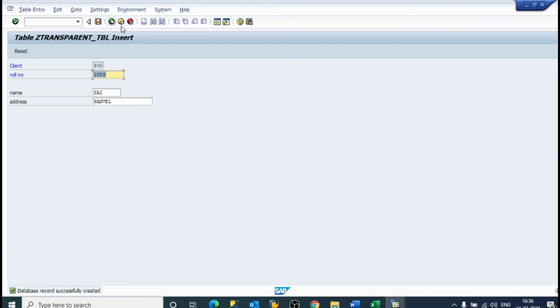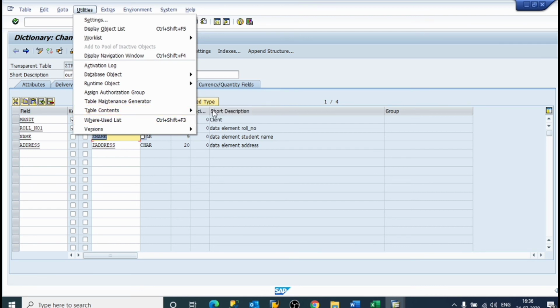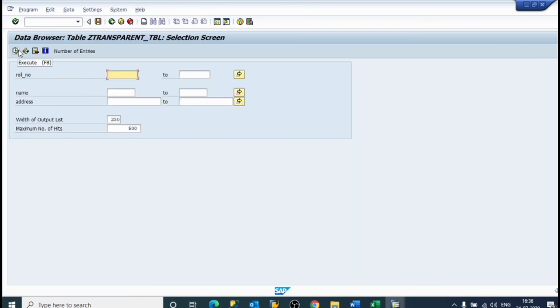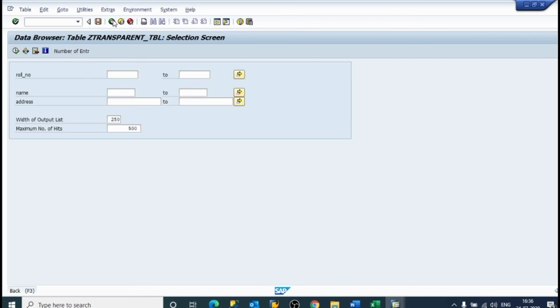Save it, back. And now utilities, table content and display. Just click on execute. See, we have created our transparent table.